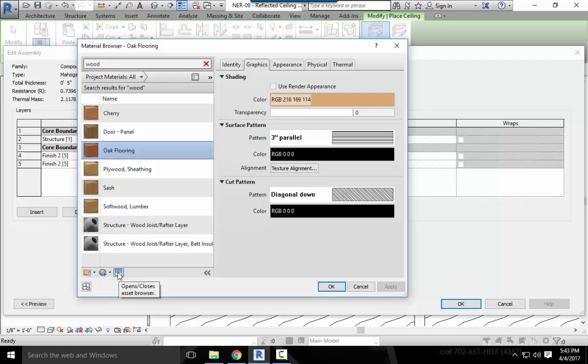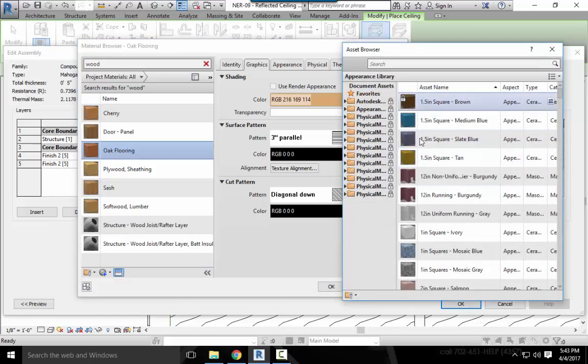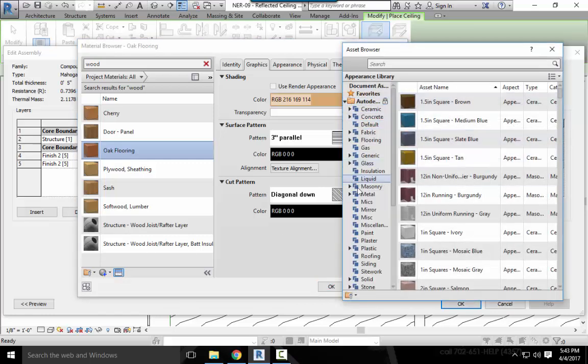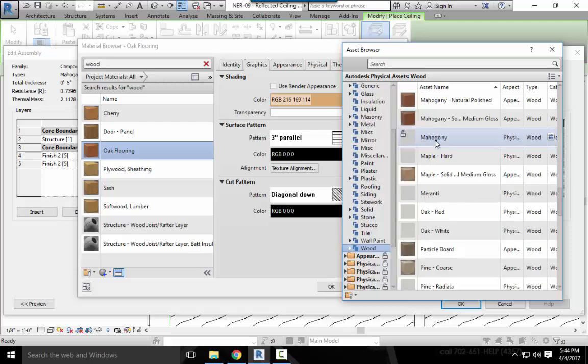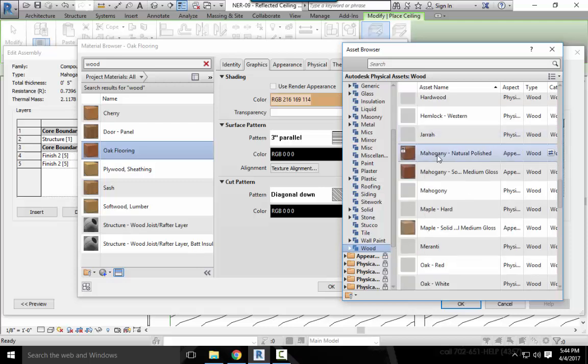You could also create a new material by creating an asset, but I don't want to get into creating a new material because we really need to explain every part of the material browser to you in order for you to understand it. Like, I could quickly create mahogany, and that wouldn't help you. It would just make you more confused. But essentially, you could go into an asset, and Autodesk already has all of these assets that are in here. And you could go to wood, and I believe there's a mahogany one in here already. Okay, but an asset is not a material. Oh. An asset is